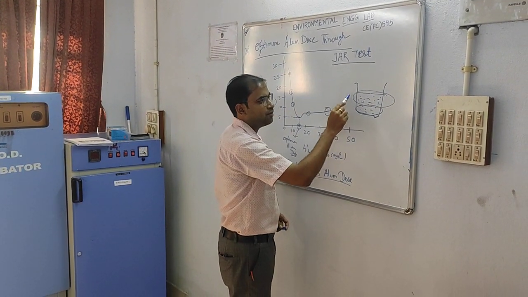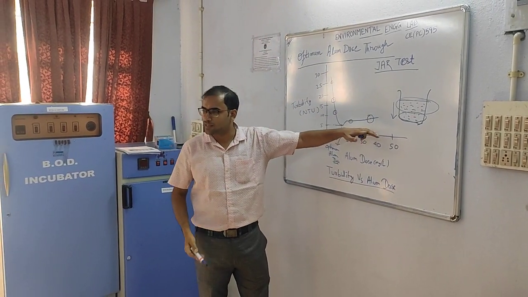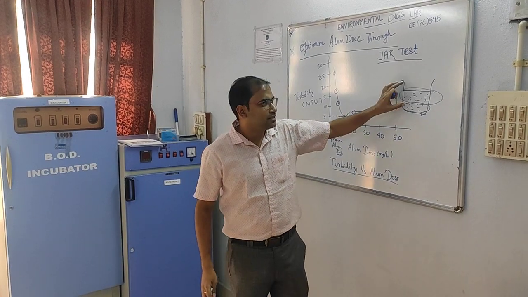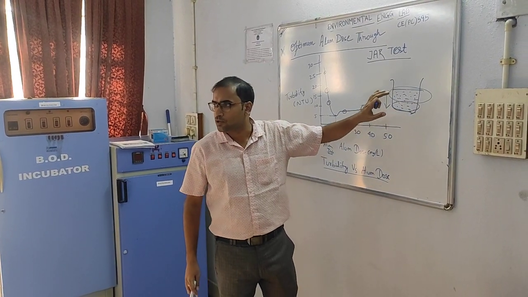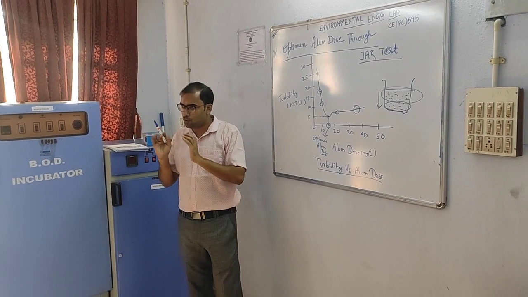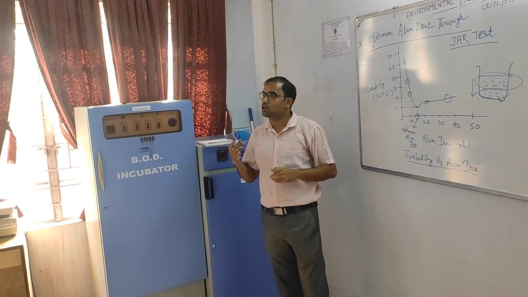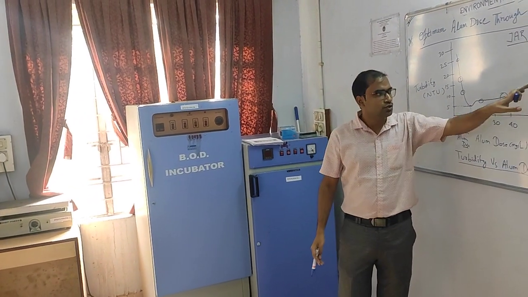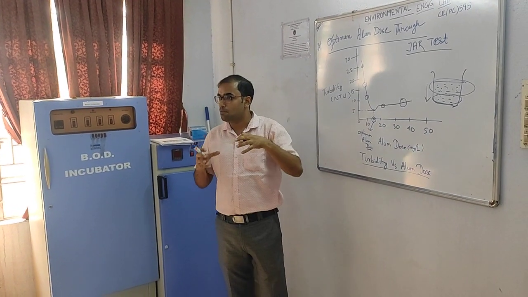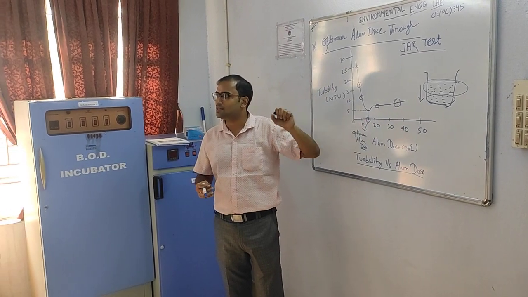So one type of particles, which are heavier or whose density is higher, easily settle down, so we don't have to treat them, we can easily remove them. But some particles float. For the particles floating in the water, we have to apply a certain coagulant. What will the coagulant do? It mixes with the floating particles and makes them heavier, and later on they settle down.